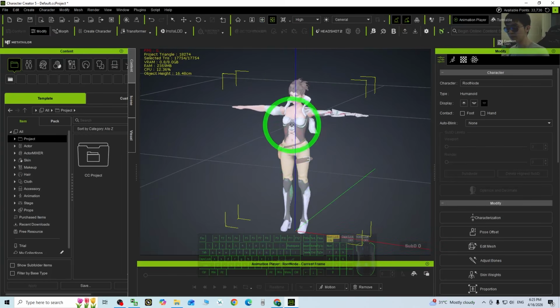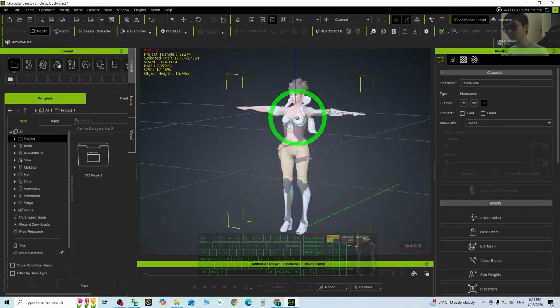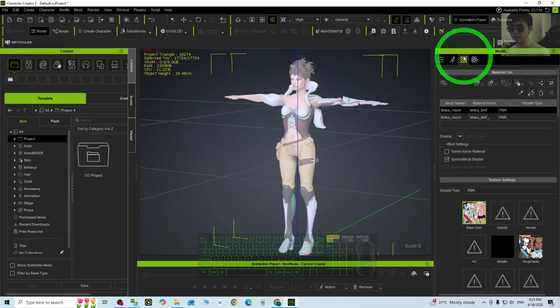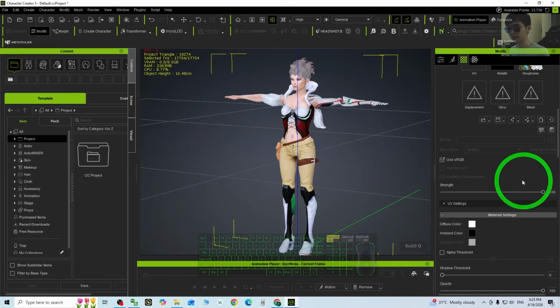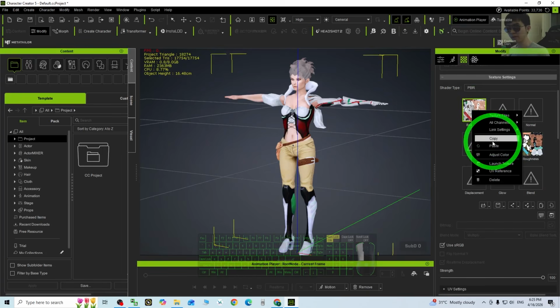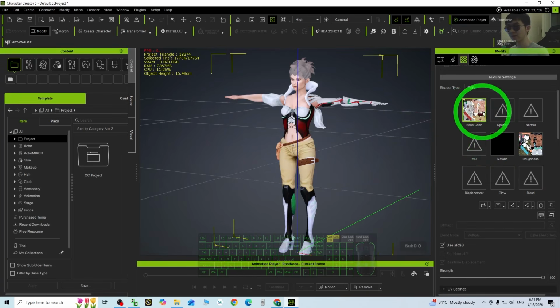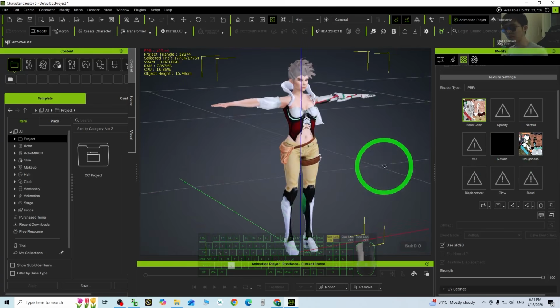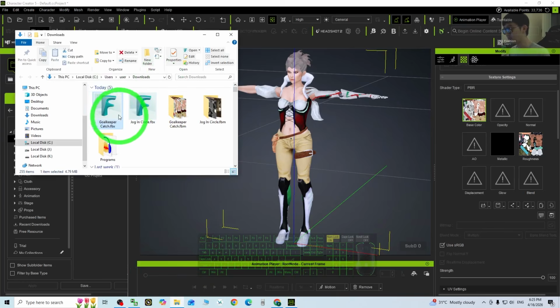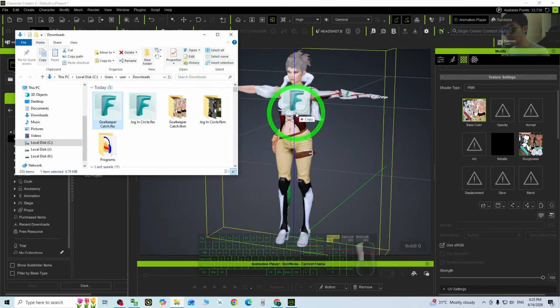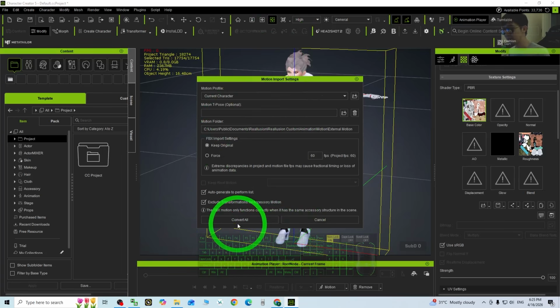Next, we are going to adjust the material. It only has one material, the strength, of course, drag it to maximum. And also just right click, copy this, right click, paste. So now all the material textures are included. Next, we are going to import the body motion. What you need to do is just go back to that folder and drag the FBX file into the 3D avatar, and then here just click Convert All,